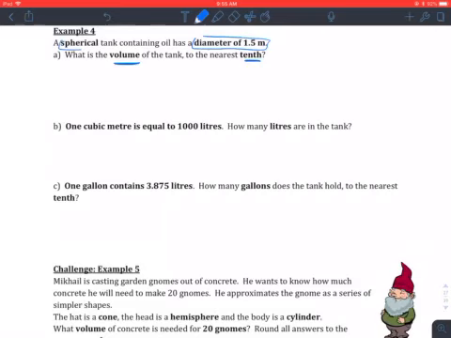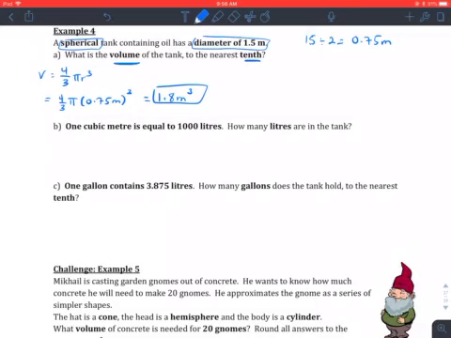We need to know what shape we're working with, and we are working with a spherical tank. So I know that we're going to need the formula for the volume of a sphere, which is 4 over 3 pi r cubed. And we can go ahead and start finding our dimensions to put in. Now, if I have a diameter of 1.5, we're going to take that value, divide it by 2, and we are going to get our radius of 0.75 meters. And we're going to cube that value. So when I plug it in my calculator, we get 1.8 meters cubed as the volume of that tank